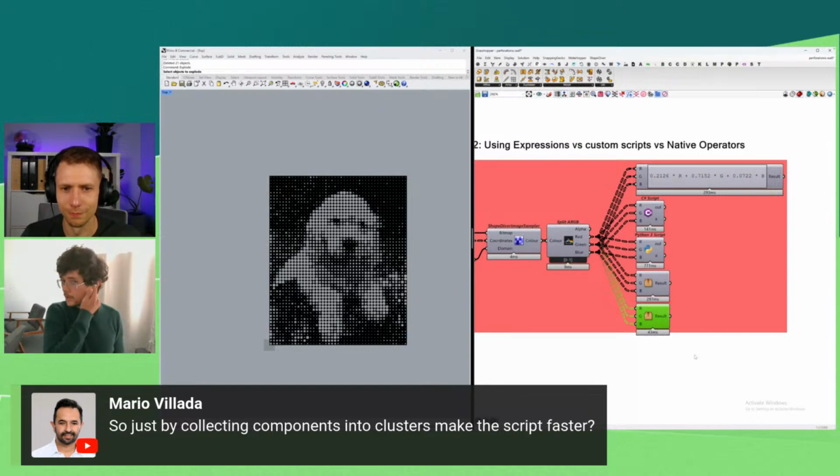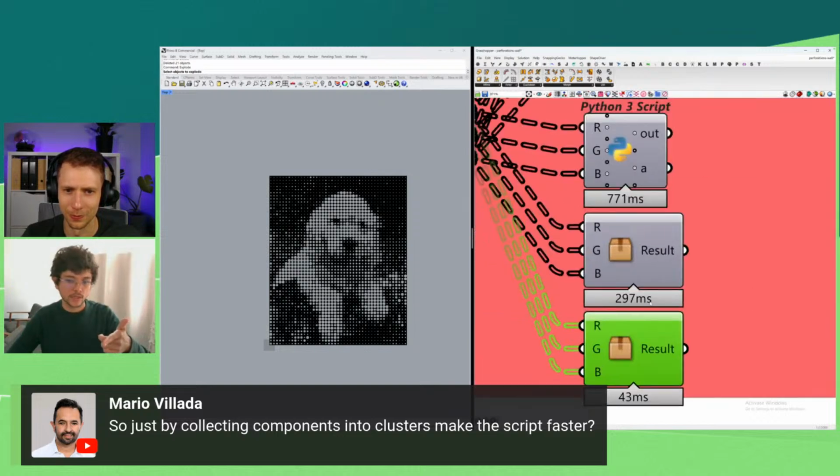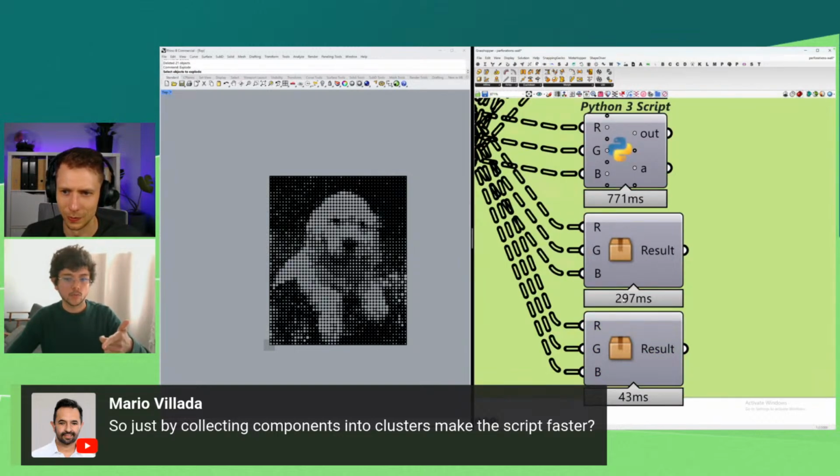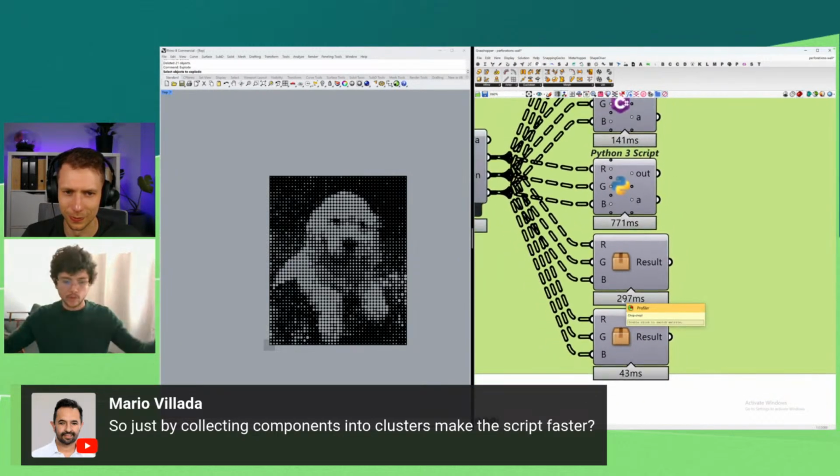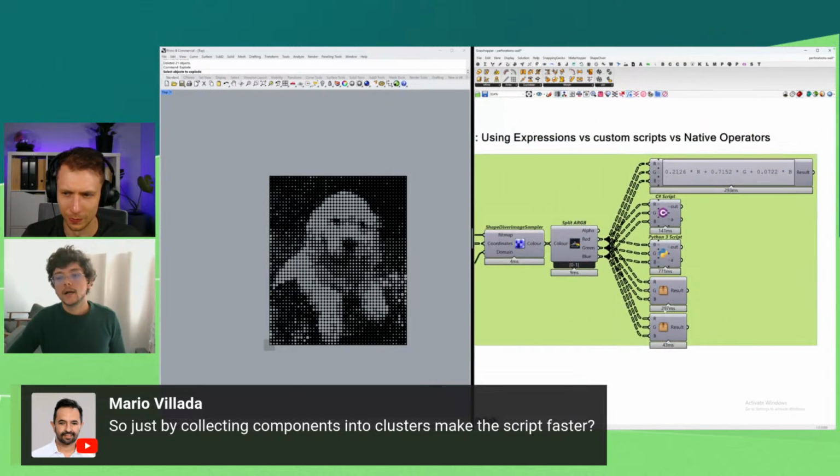No, I mean, here people don't have to get confused. The reason why I'm using clusters here is just because then it's easier for me to show you how much time is taking. It's not like I'm clustering everything. Here it is just for order first, but also a good way for me to show you how much time is taking when you sum up everything.